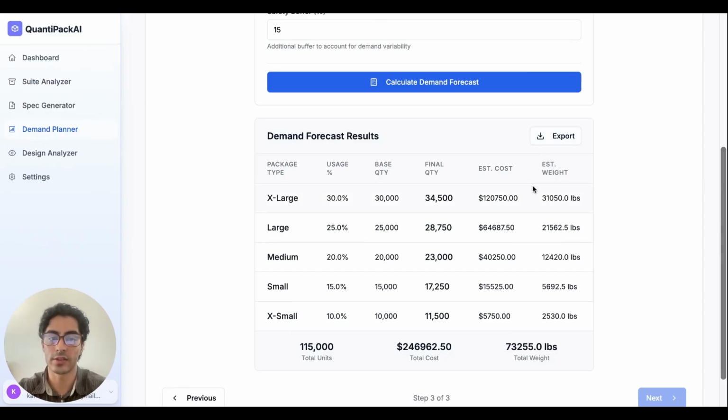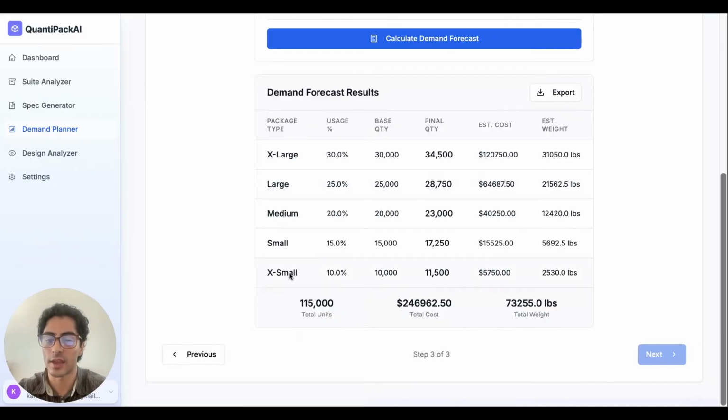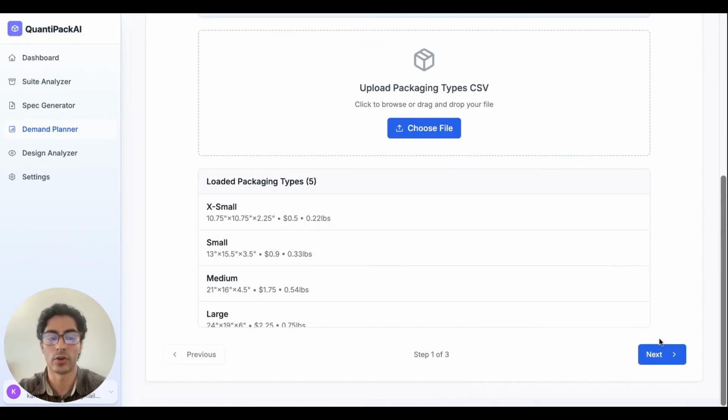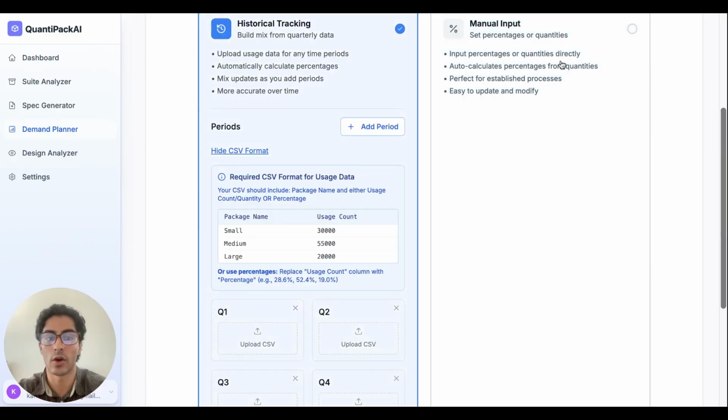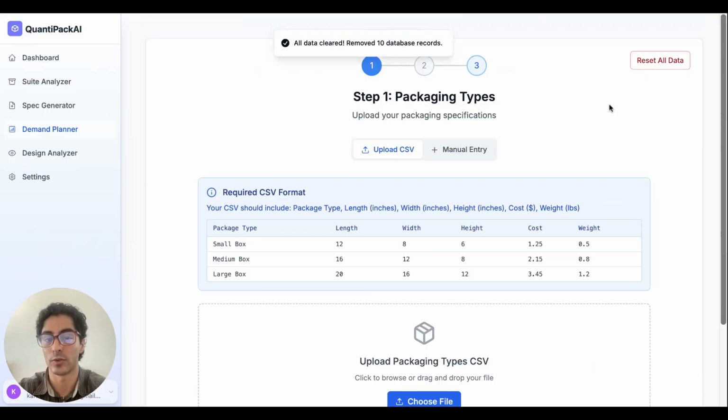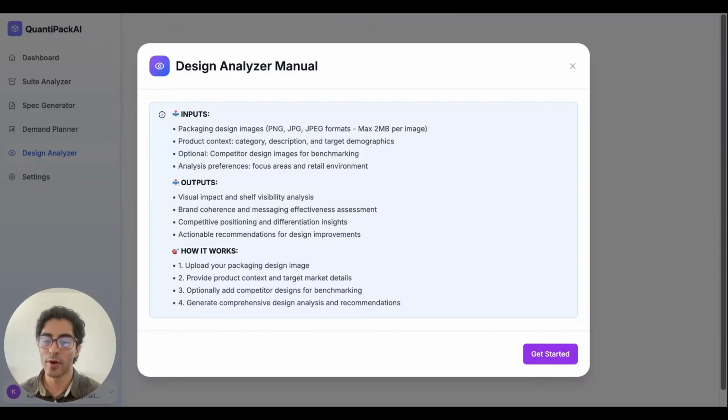And one of the coolest things about this function is your data saves. So when you come back, your packaging will still be here. Your inputted historical data or manual percentages will still be here unless you clear it. Really, really cool. Now, let's look at Design Analyzer, where you can upload your packaging designs to have it be